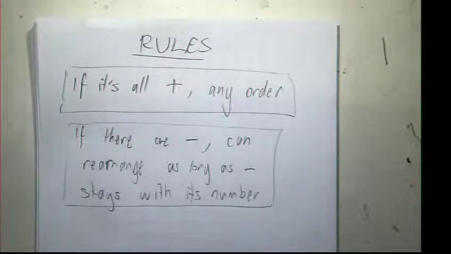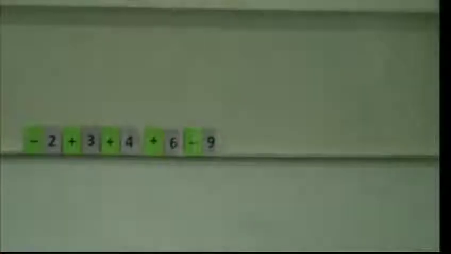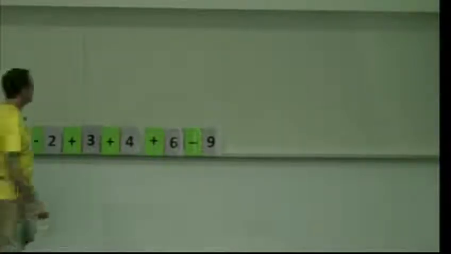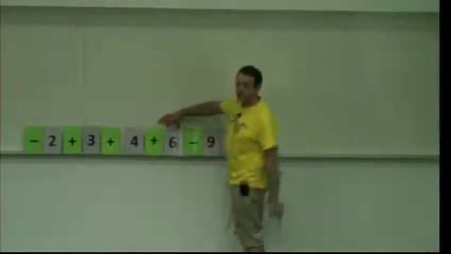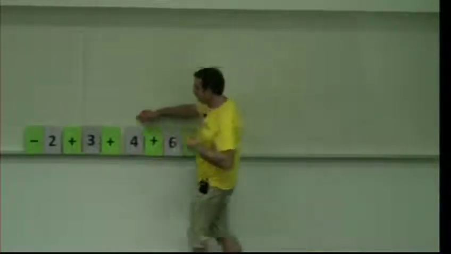The reason you would be interested in doing that is because by rearranging it into a different order, it might be easier to do the calculation. Okay? It's much easier to do this calculation by grouping the 4 and the 6 together to make 10, because I can do 10 in my head, and putting the